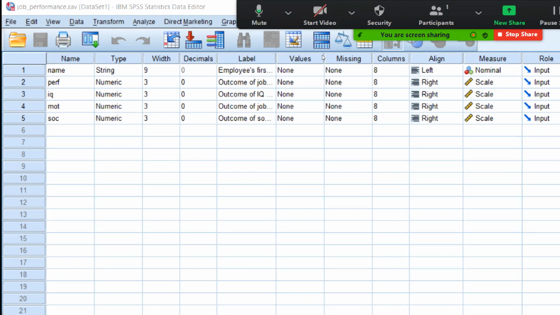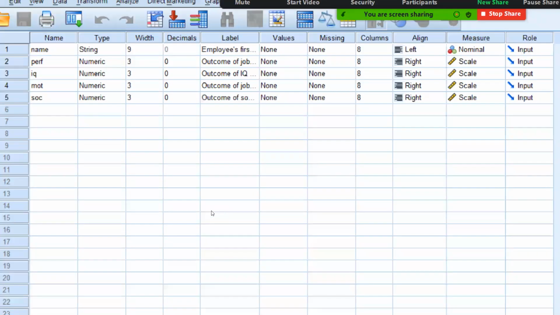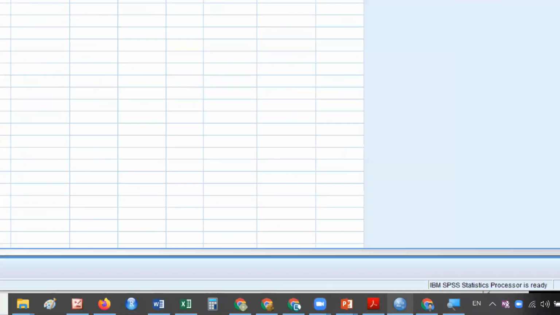IQ, motivation, and social support are the other three variables, which are referred to as predictors, and performance is the predicted variable.